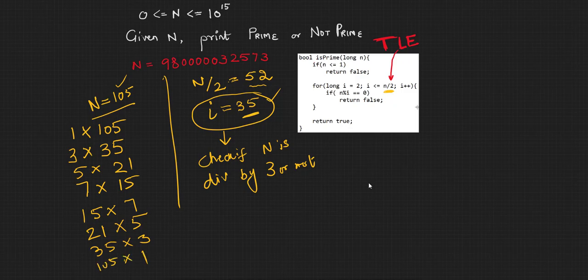So if you look at this, there is a symmetry. If I draw a line here, these factors are repeated below also. So essentially, if our n, if 105 is divisible by 3, it will be divisible by 35 also. That means if n is divisible by i, it is guaranteed it will be divisible by n by i also. So it should be good enough to check about 35 by checking about 3. So that is the premise on which we can optimize the code.